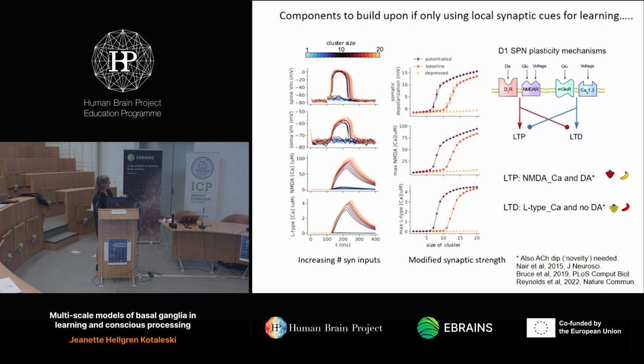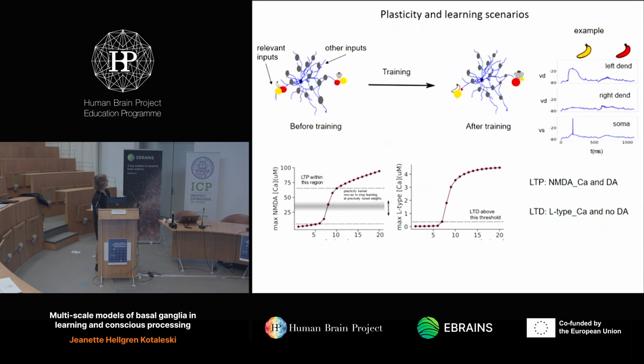So this is a known plasticity mechanism, and it's known that LTP needs NMDA calcium and dopamine, LTD needs L-type calcium and no increase in dopamine. And these things we can simulate, we can plot L-type calcium, NMDA calcium, and we can also see how many inputs are needed if we assume that the synaptic strengths have undergone LTP or LTD and so on. So then we implement that